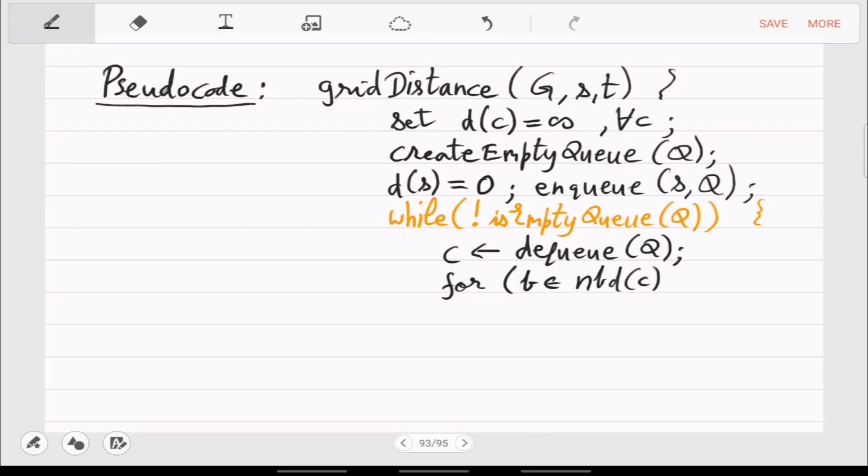What do you do with the obstacles? So you skip the obstacles. So go over all the neighbors of C which are not obstacles. Okay, so B is a neighbor of C which you have just dequeued. If it is not an obstacle, then you do the following.